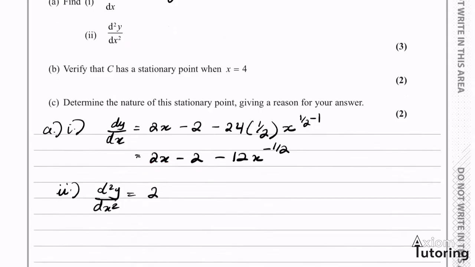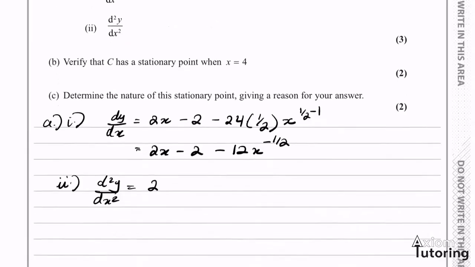We just have the constant coefficient remaining. Minus 2 differentiates to nothing. So any constant value, when you differentiate it, you get 0. So then all that remains is for us to differentiate minus 12x to the power of minus a half. So we're doing the same thing again. Let's bring down a factor of that power, multiplied by the coefficient, and then minus 1 from minus a half in the exponent. So writing that out, we have minus 12, that remains, and then we're multiplying by the value in the exponent, so that's minus a half,